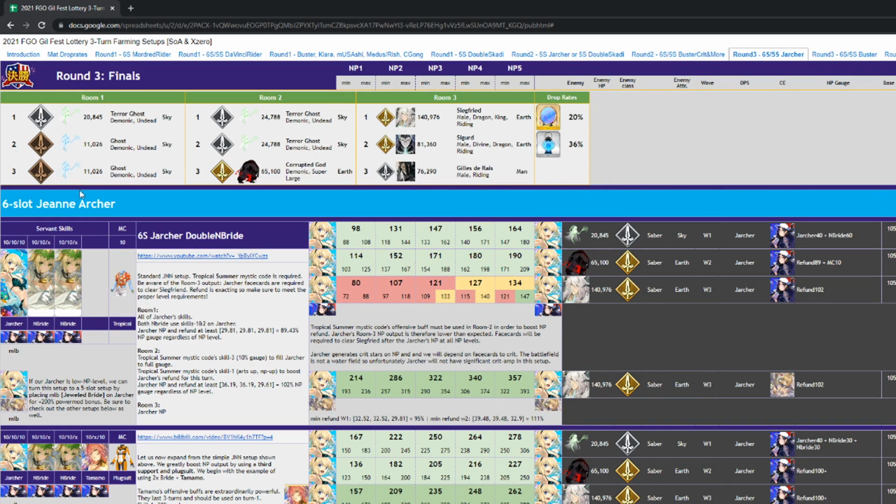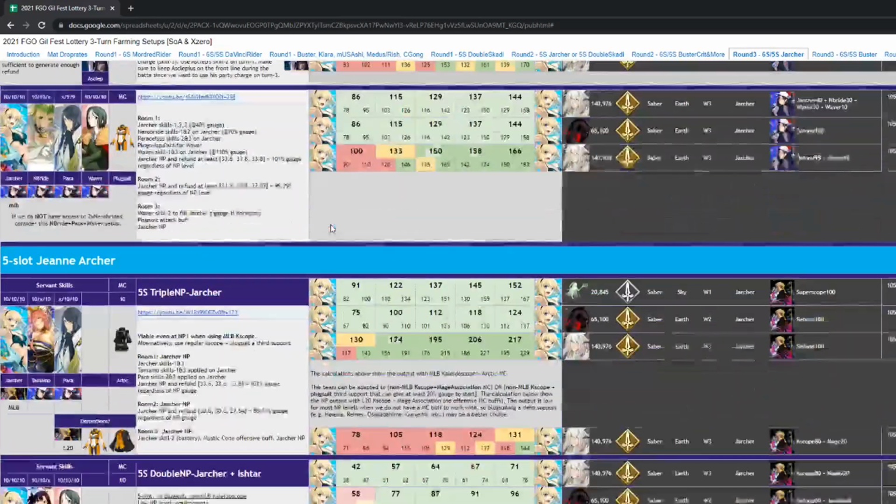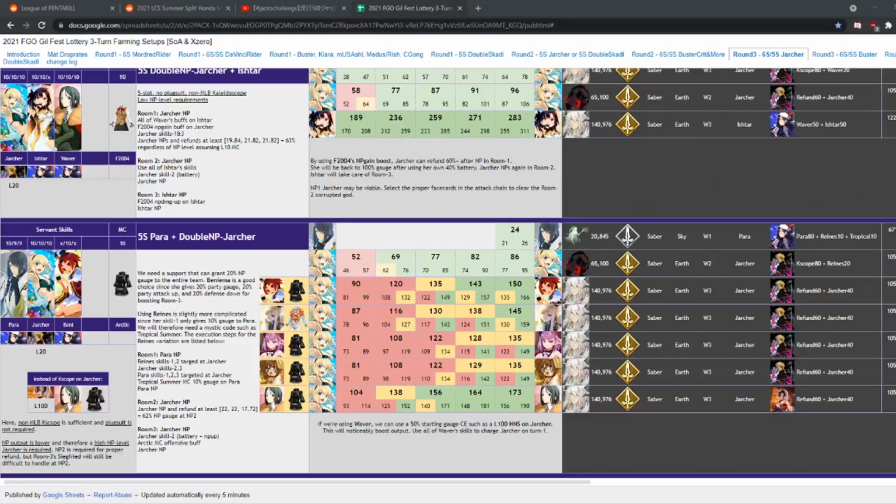Round 1 is 3 saber enemies, highest being 20,000. Round 2, 3 saber enemies, highest being 65,000. And then wave 3 is another 3 saber enemies, highest being 140,000. And the first comp I want to sort of talk about is this Paracelsus, Jarcher, and a Waver with a